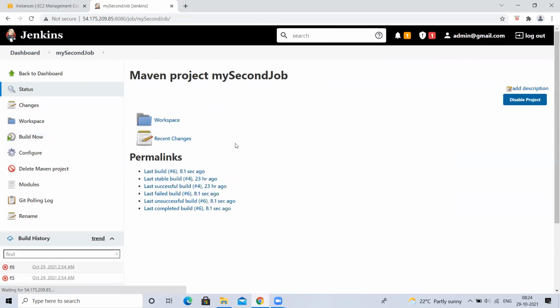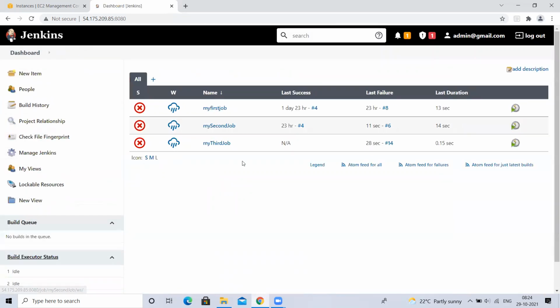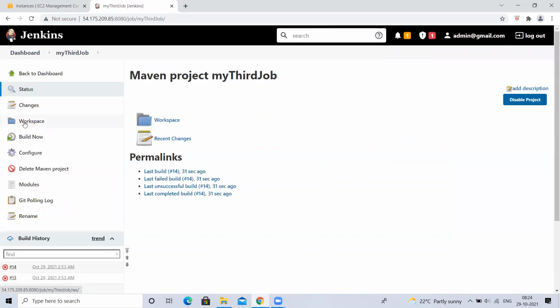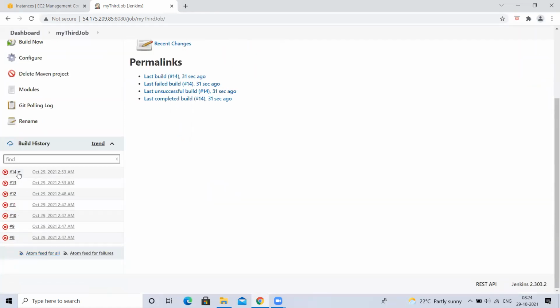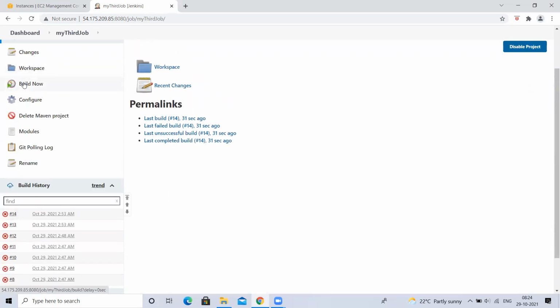See, let me explain. Again, I don't want to change the configuration. Instead, let me explain to you. You try to understand. Whenever I click on Build Now 2-3 times, what will happen is the 15th build will get executed. Once the 15th is completed, then the 16th. Now 14 is there. If I click on Build Now 2 times within a fraction of a second, the 15th build will trigger and start executing. When the 15th gets completed, only then will the 16th come into the picture.